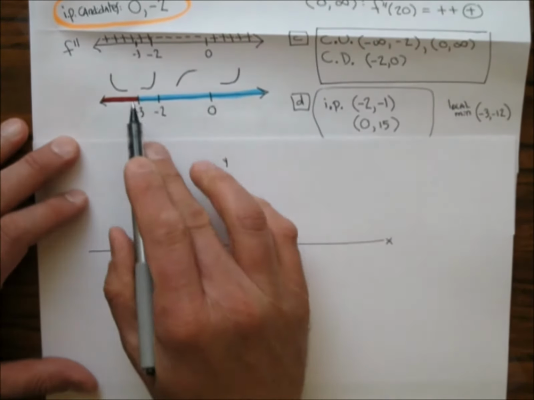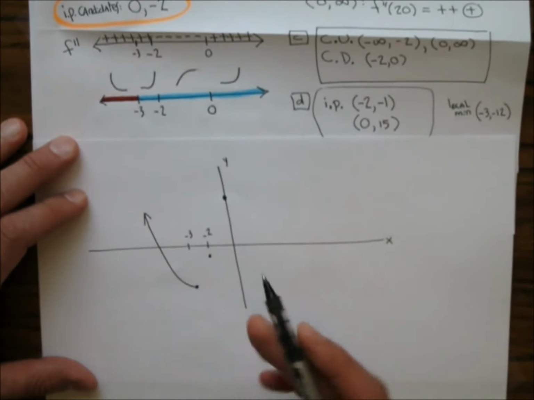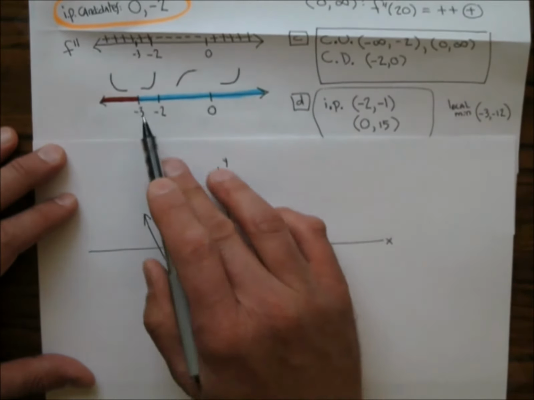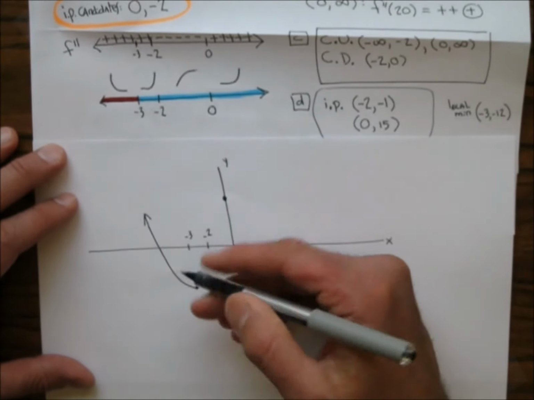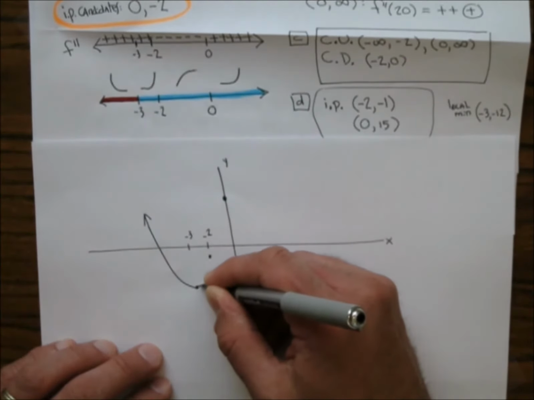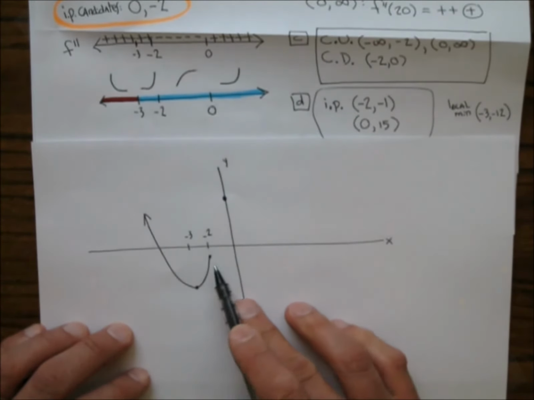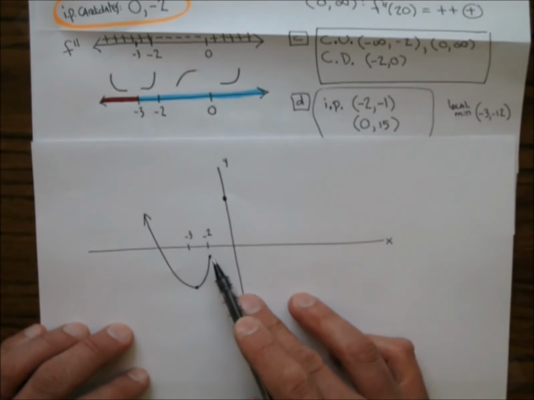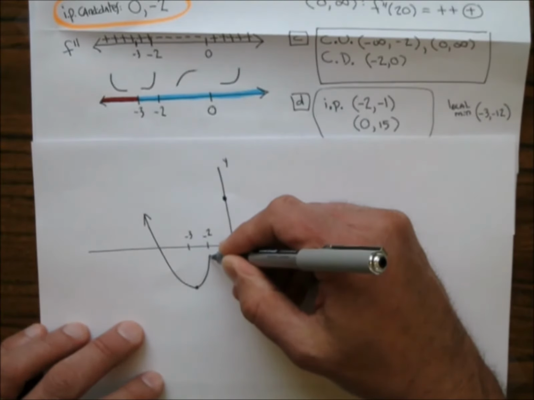That's what this information tells me. And I know it's not lined up exactly with that, and maybe I should have. Now between -3 and -2, it's going to be concave up going up. Now the rest of this graph is going to go up. So between -2 and 0, I'm still going to keep going up, but I'm going to go concave down. And so when I go concave down,